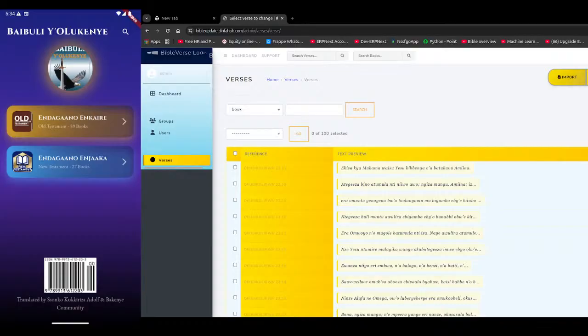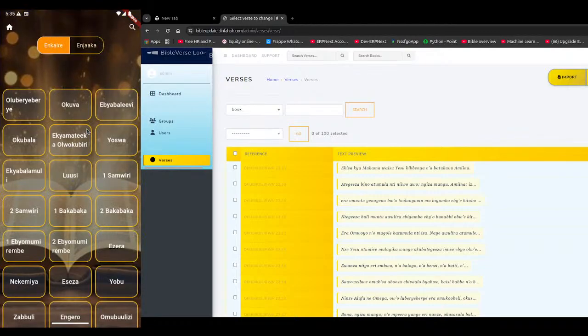Basically this stream is to demonstrate how we use the Bible app together with its dashboard to manage different functionalities in it. So, fast forward, this app is made in a way that you can read a Bible. The Bible is made up of different